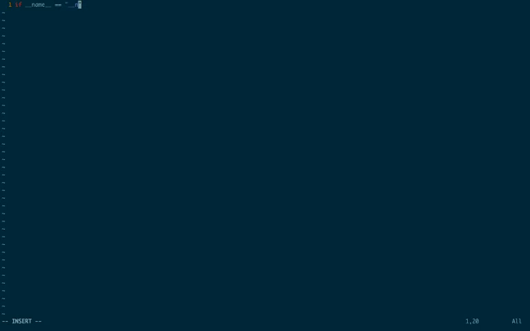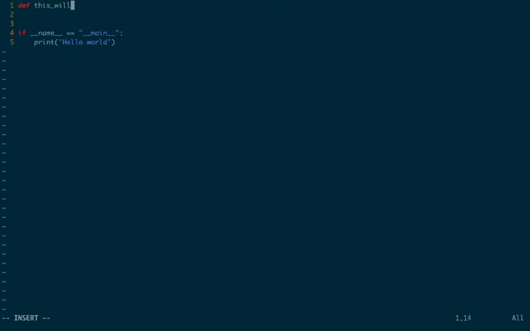I hope you guys can see this; I'm going to zoom in a little if you can't. If __name__ equals __main__, we print hello world. Then we're going to have another function, def.